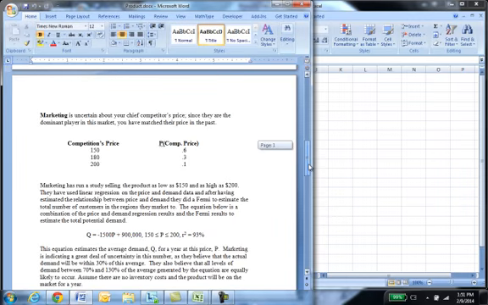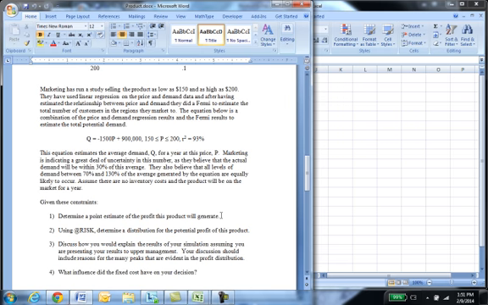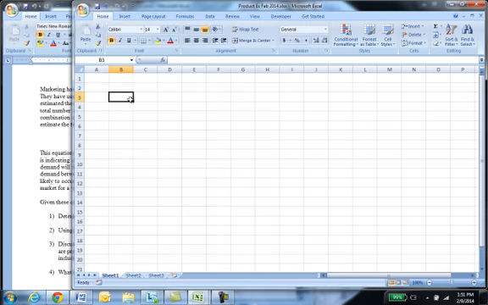And then we'll worry about our competitor's price, what we will charge for the product, how the price will determine the demand for the product. And in this video, we're only going to focus on the first part of this problem, which is to determine a point estimate for the profit. Let's go over to Excel and start typing in our costs,